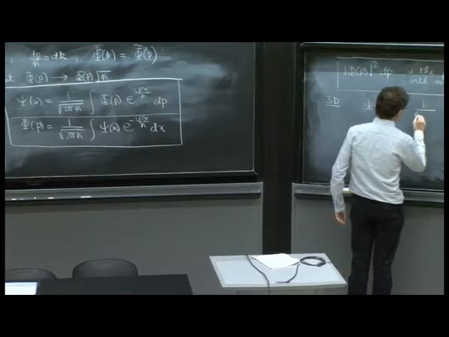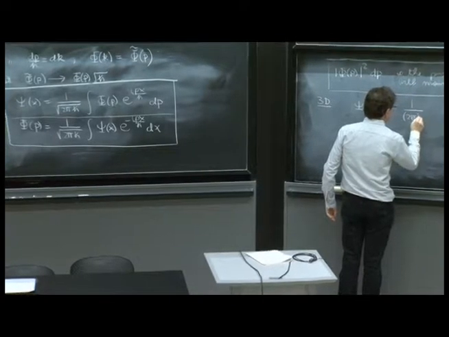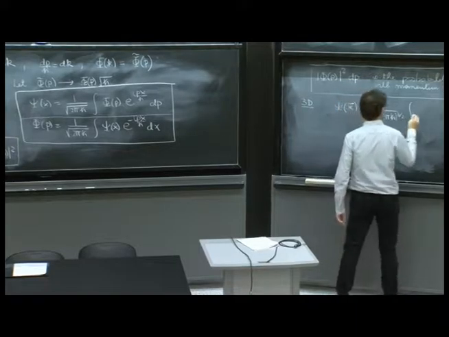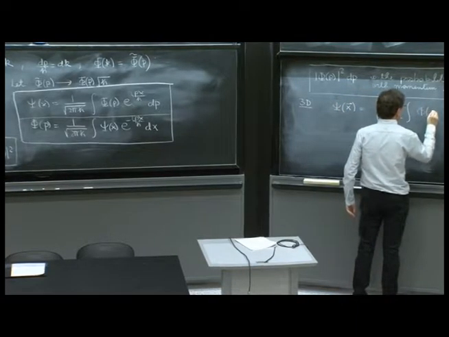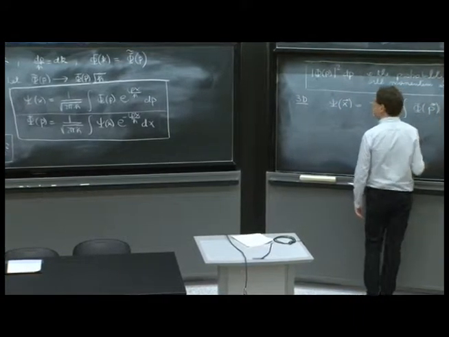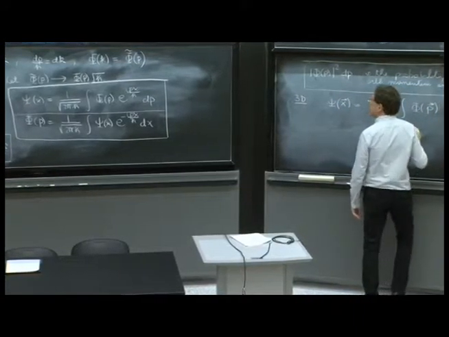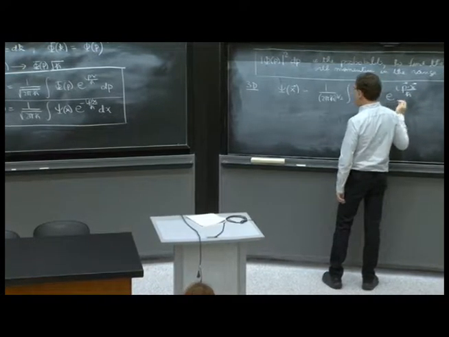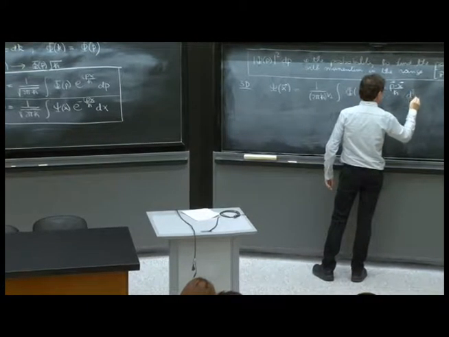So actually, it's 1 over (2 pi h bar) to the 3/2, integral phi of vector p e to the i vector p dot product vector x over h bar, d cube p,